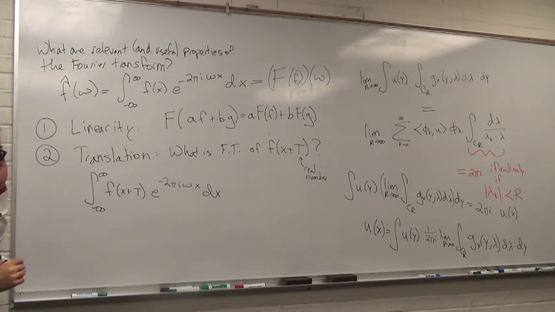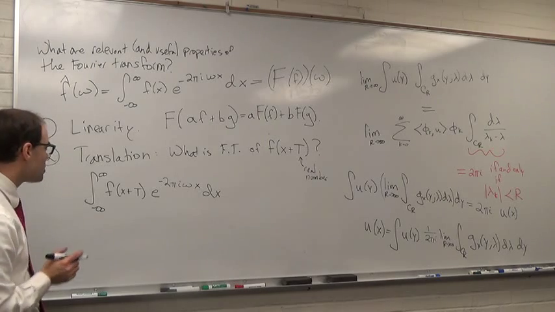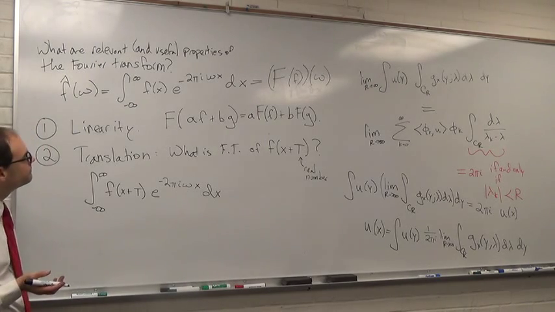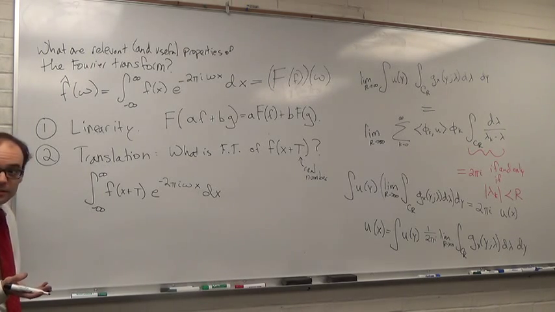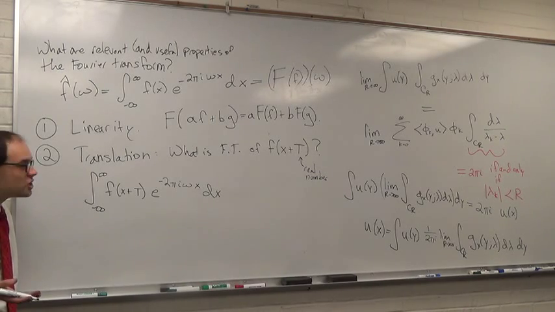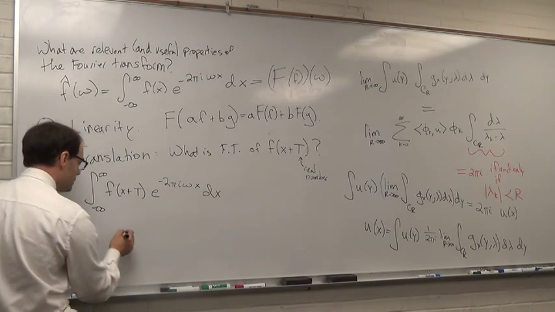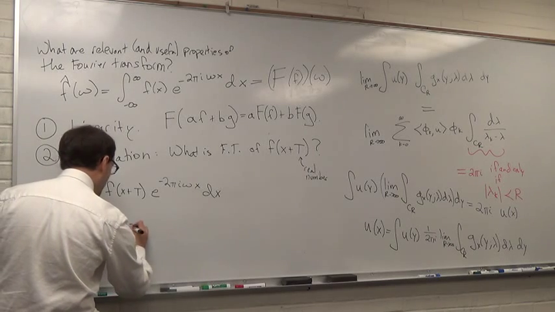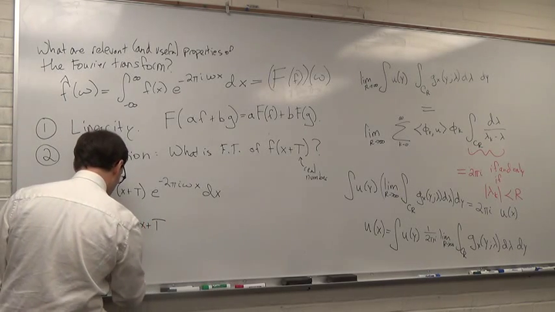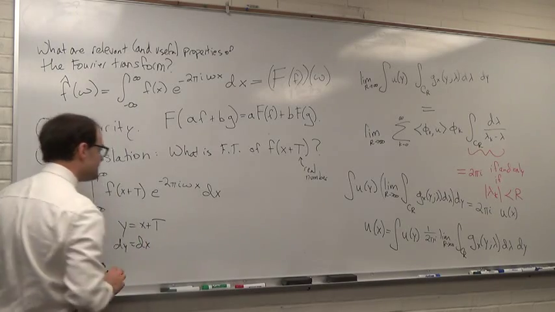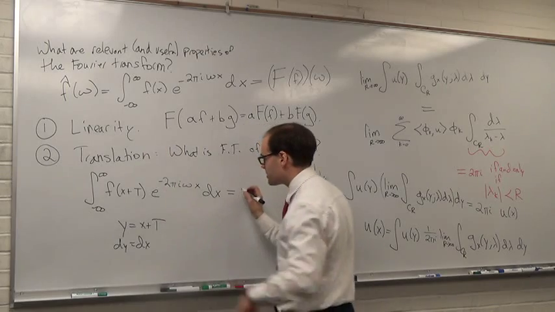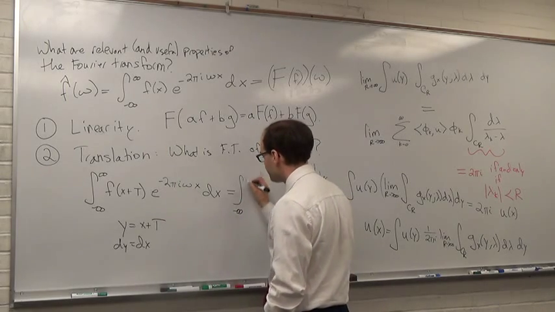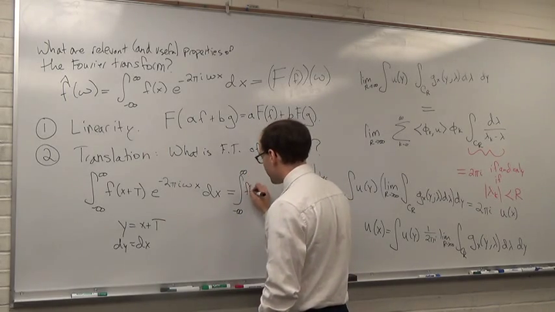Okay, so what do we do? Well, there's really only one way to address this problem, because I don't know anything else about f. The only thing I can do is a change of variables: y equals x plus T, and of course dy is dx. It doesn't change the limits, because they're still infinity. So this is then f of y